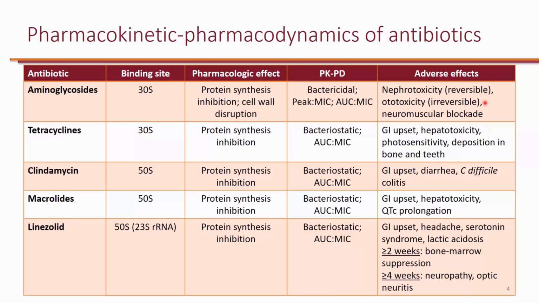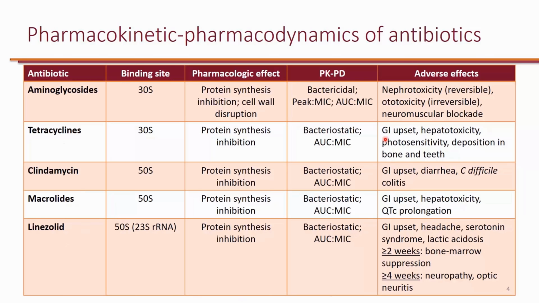Aminoglycosides, for example, can cause nephrotoxicity, which is typically reversible. They can also cause ototoxicity, which is usually irreversible. And they can also rarely cause neuromuscular blockade. Keep in mind that aminoglycosides are not orally available, whereas the rest of these antibiotics listed in this table are